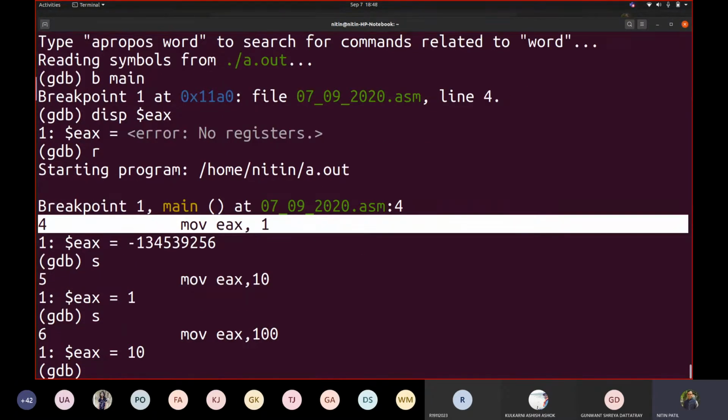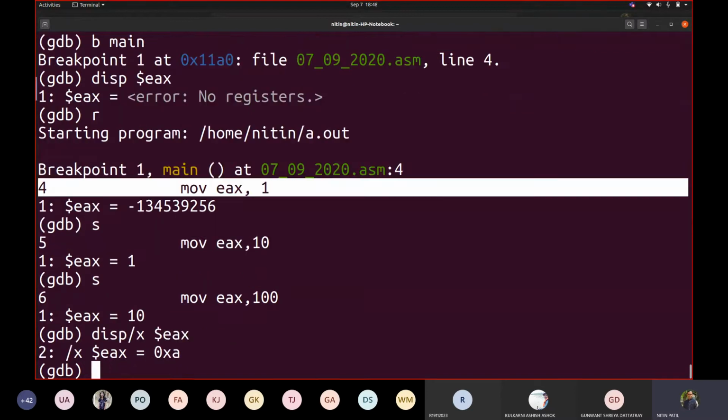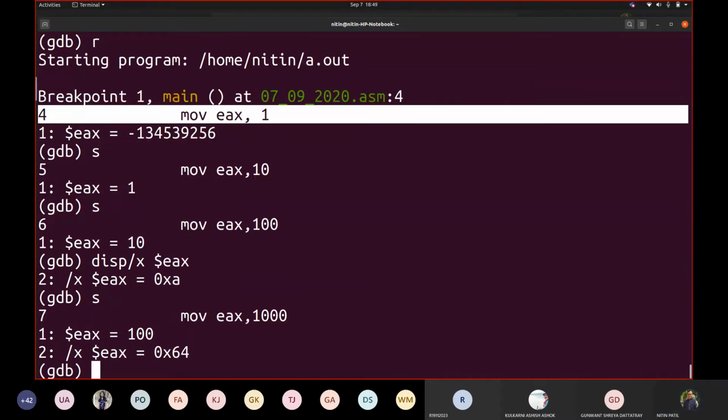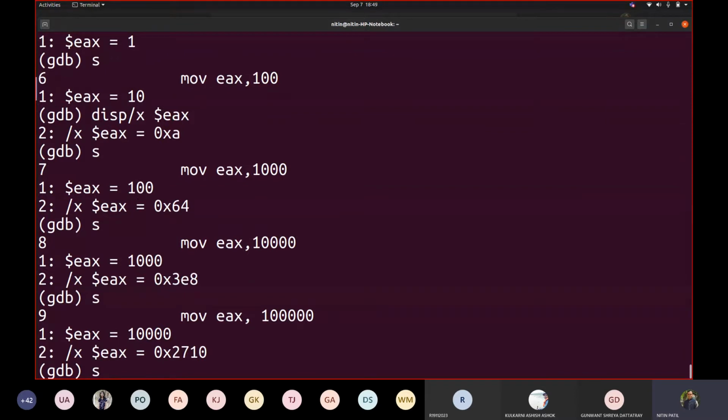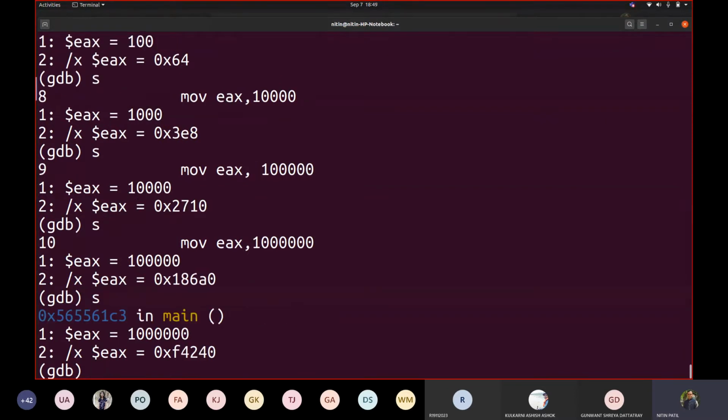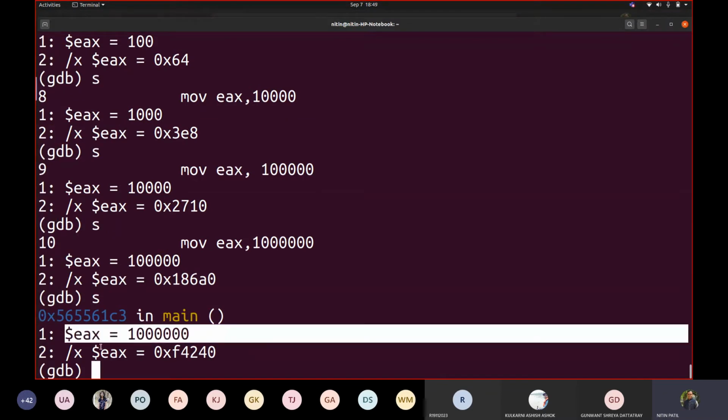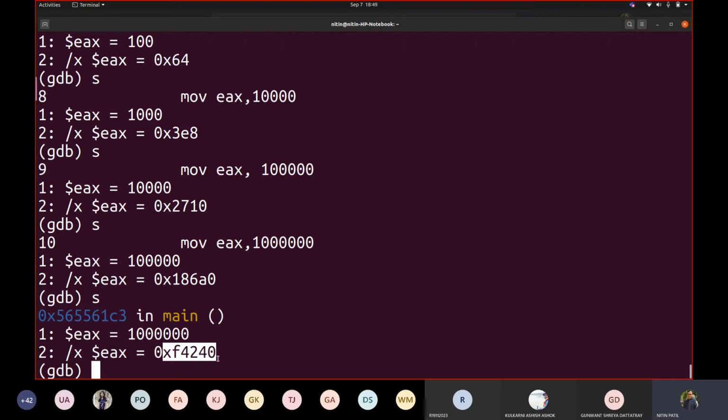Now why is this so? Because these values are picked as decimal values directly, as we haven't specifically used this format. If I write this, then the value 10 would be represented as 0xa. Fine. Let me write step again. Now 100, 1000, 10,000, 1 lakh, 10 lakh, and done. If you recall, earlier when we hadn't used that dwarf, it was showing us this directly. Correct, and you can see how exactly it is converted to hex.